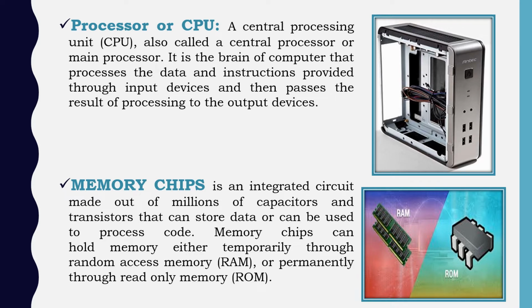The second type of chip is ROM, that is Read-Only Memory. It is a memory chip on which the data is pre-recorded. It is non-volatile memory. That means it retains the content even when the power is switched off. ROM is used for storing special software called BIOS, Basic Input Output System. The BIOS helps you to load the operating system when the computer is switched on.